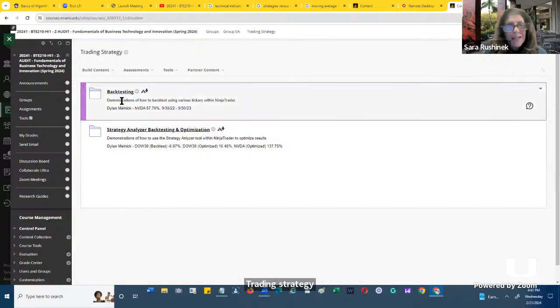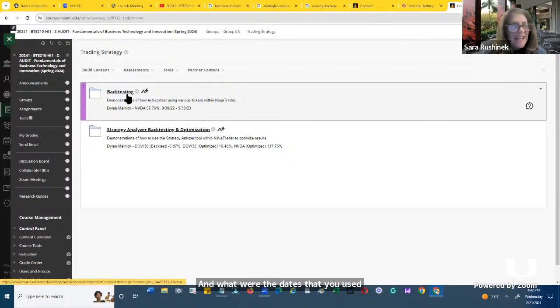There's one called back testing. And what Dylan put in the front, and everybody in your group will put in another symbol. What was the overall and what were the dates that you used? And then inside